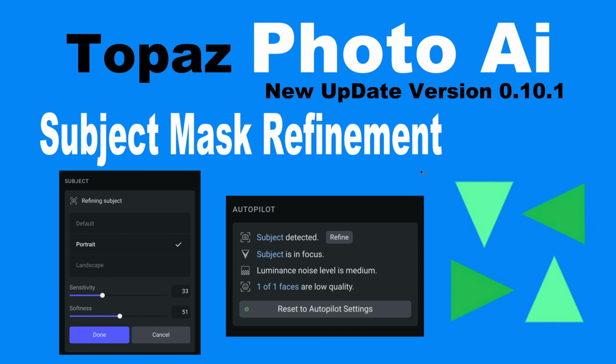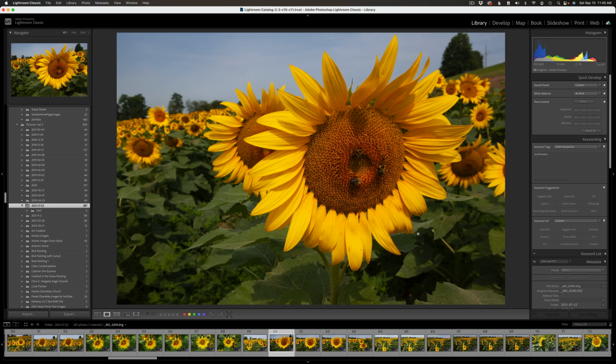And this is version 0.10.1. And now we have subject mask refinement. This is a nice new feature. I think you're going to like it. And we're going to really take a look at that today. I'll show you how this works on two images. This image right here, more of a landscape. And then I have a person in the other example. This way we can see how the subject refinement works on a person versus a landscape, and we'll also look